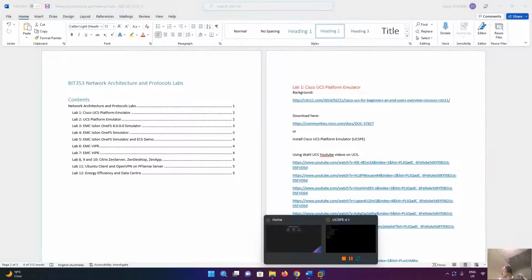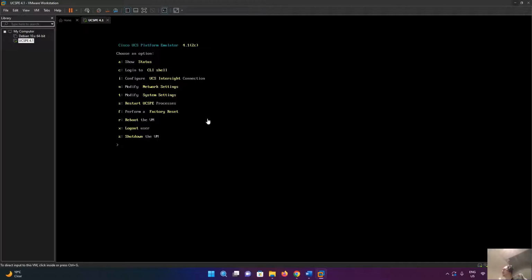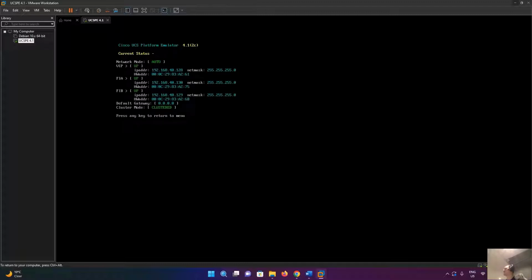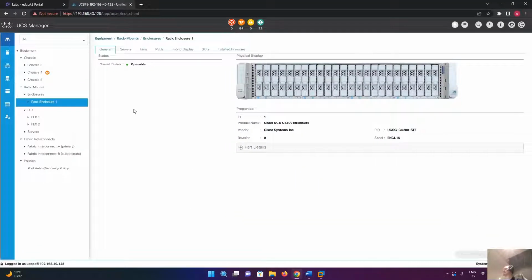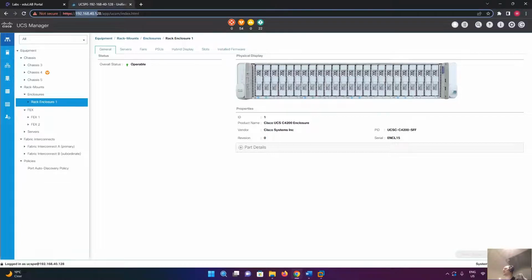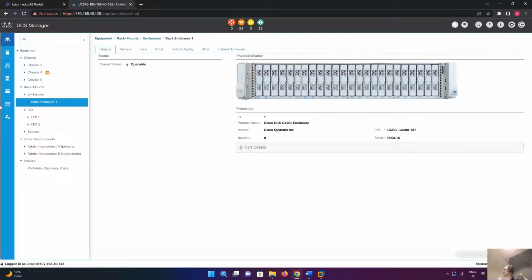So we installed that one in VMware. So this is what we installed. This is our server. For example, if we select A, it's going to show us the IP address for our server. And now with that IP address, we have to go to our main host and just select the IP address, and we got our